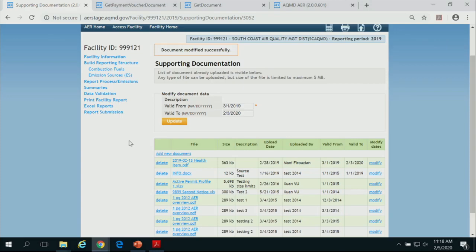If you're 6H exempt, do you still need to do all of this? I missed the VOC part. I'm not really 100% sure. When you say your facility is exempt, if you haven't received a notification to report, or when we went over the criteria in the very beginning of who's required to report, basically if you exceed the thresholds for criteria pollutants, or you're an AB 2588 facility, or you're subject to the CTR. I don't want to say you're exempt, but we're basically not identifying you as a facility that needs to report for that calendar year. So if none of those have occurred, you don't have to worry about this.